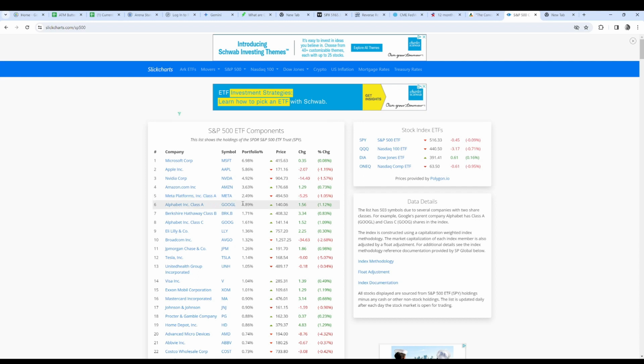And then if we go down one more to get over 25, we've got Alphabet, which is also a tech company. Then right below that is Berkshire, which is basically just a derivative of the stock market because it's mostly a stock holdings company. So if you think about that, we have a massive amount of the S&P 500, more so than we've pretty much ever had in history, except in other large, crazy bubbles. And this is definitely a bubble. This is the government monetization debt bubble, whatever we want to call it at the end. But it's definitely a bubble.